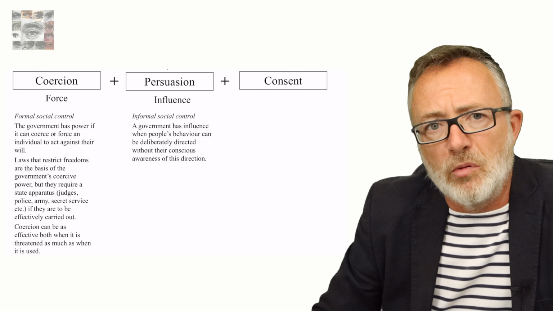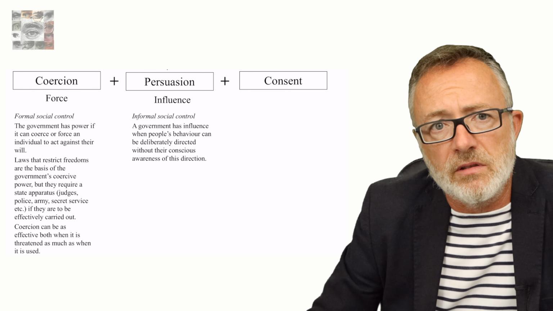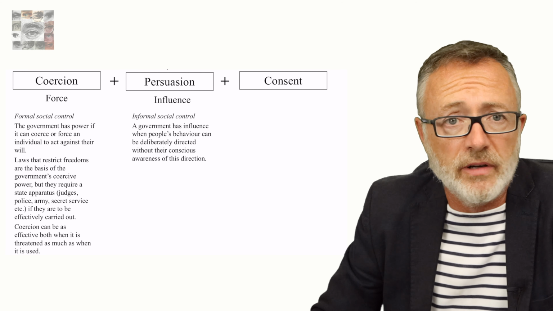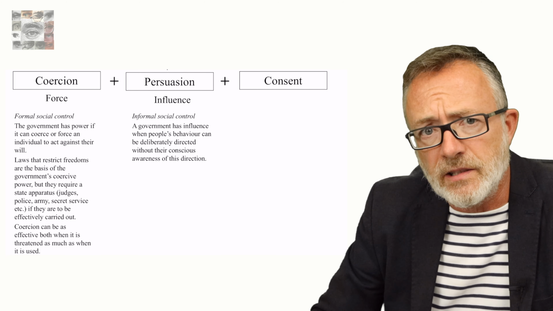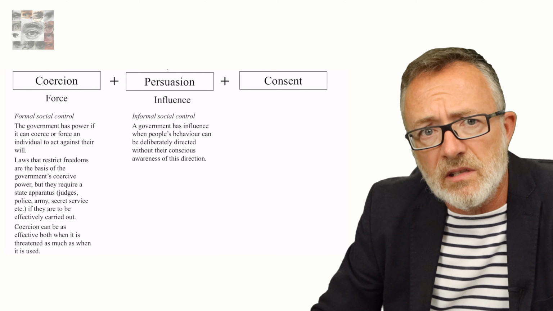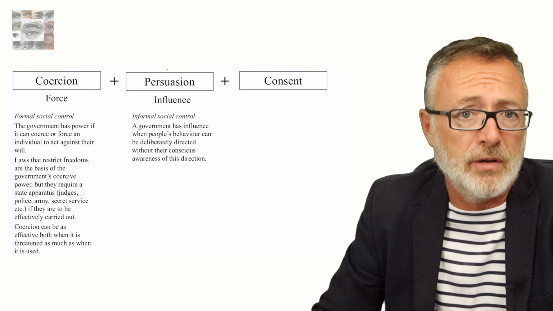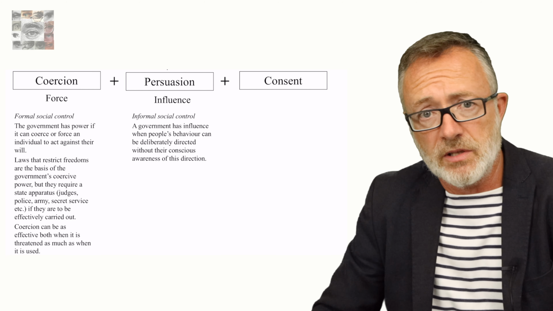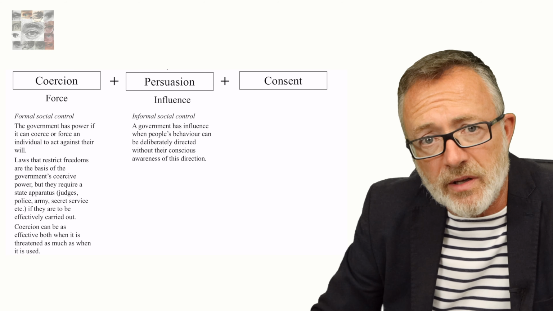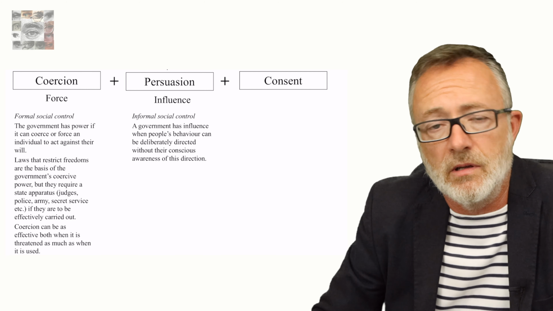A really good example of informal social control is the state's encouragement of national identity and patriotism. If the control is effective, people will believe that the existence of their nation is a natural, permanent phenomenon, and their love of it perfectly normal. In contrast, those who do not feel patriotic are considered deviant and untrustworthy.